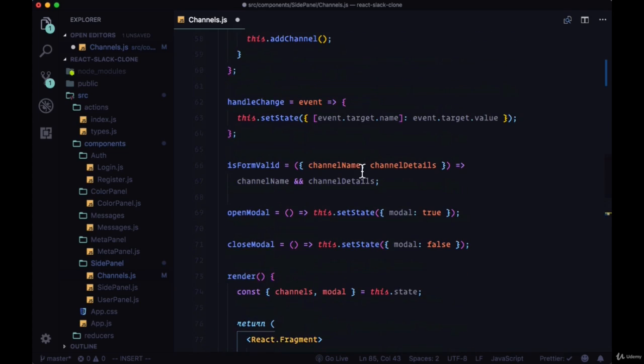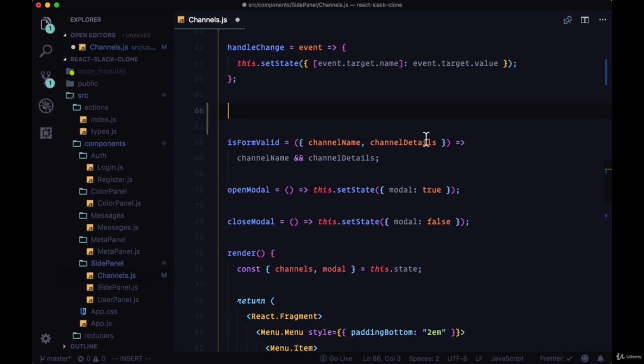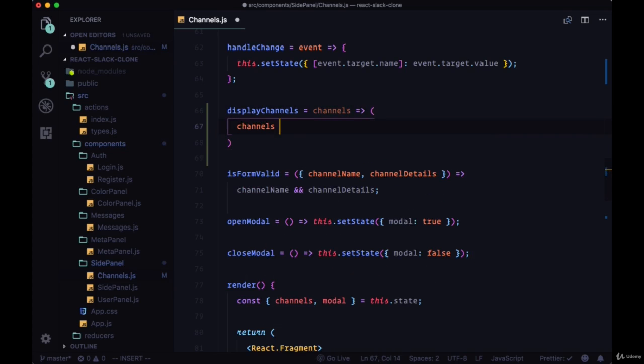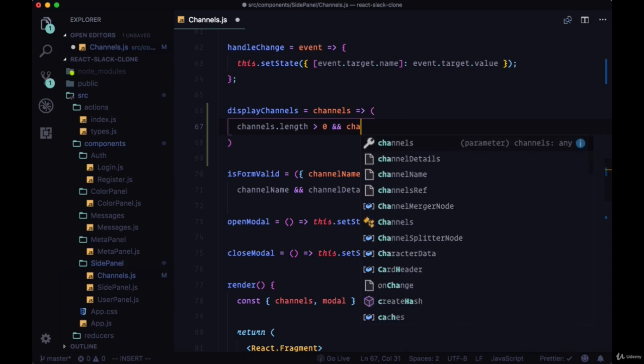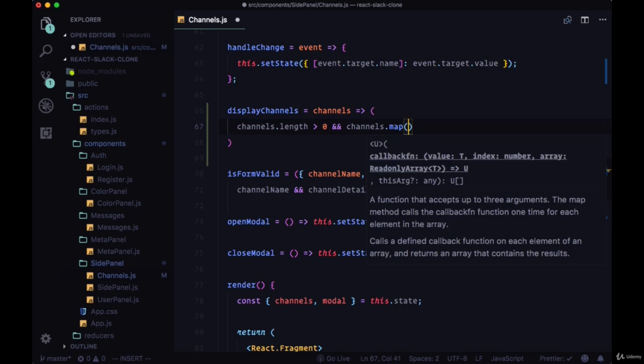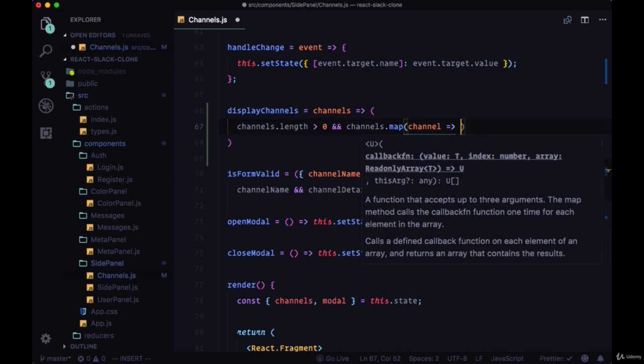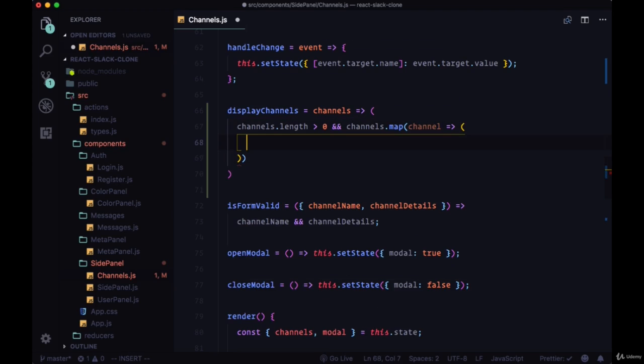And we'll destructure channels from state within our render. And displayChannels will take all the channels that we have in state, and it'll check to make sure that the length of it is greater than 0 to ensure that we actually have some. And if that's the case, we're going to map over those channels, and we'll call each element channel,